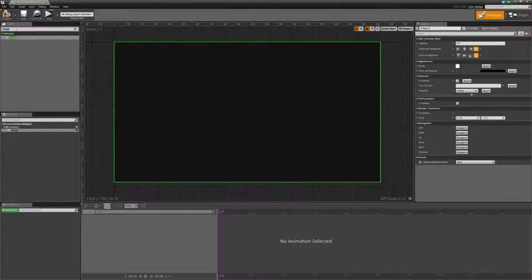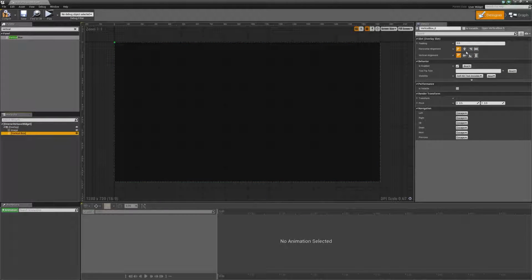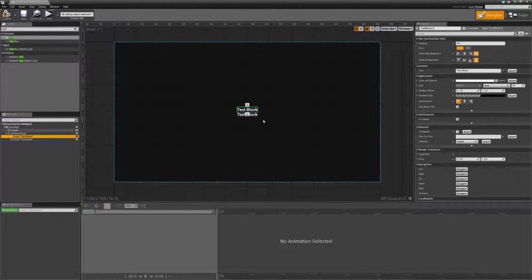Next, I'm going to insert a vertical box. And I'm going to center this in the screen. And then I'm going to want to add some text to it. So we'll search for text, and we'll drag it and drop it onto our vertical box. And I'm actually going to use 2 text lines. So the first text line here, we're going to say